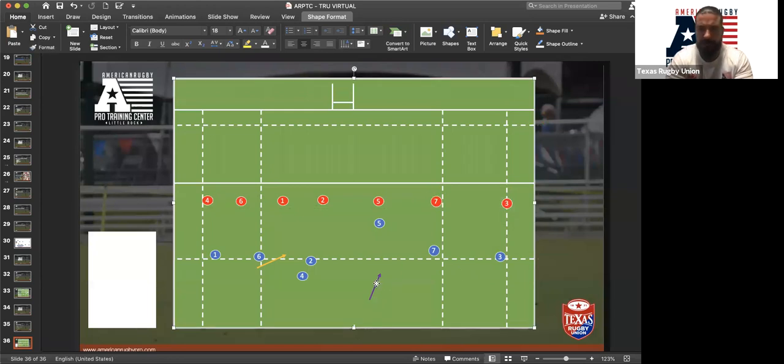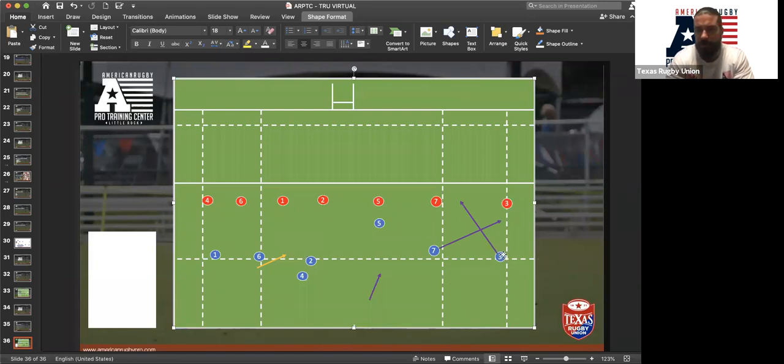And the way we can do that is by running an X line. So the 3 would run this kind of line, and the 7 would run this kind of line. And as you see, it looks like an X. Like I said, very simple person. This looks like an X, so let's call it an X line.